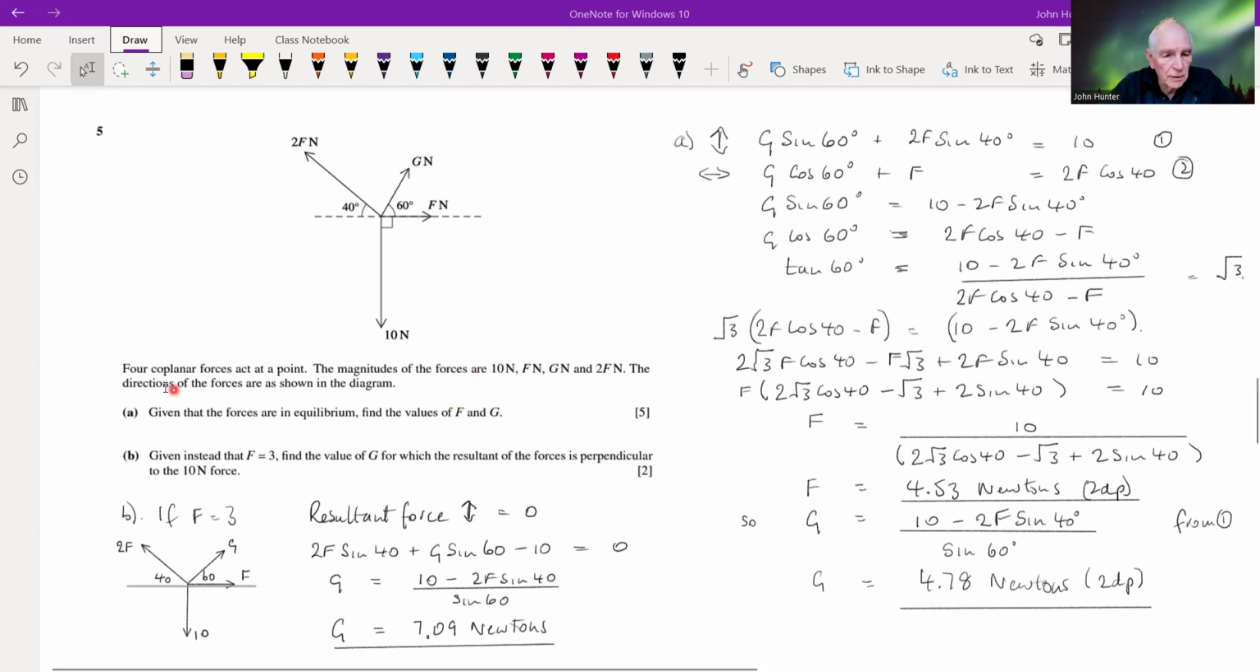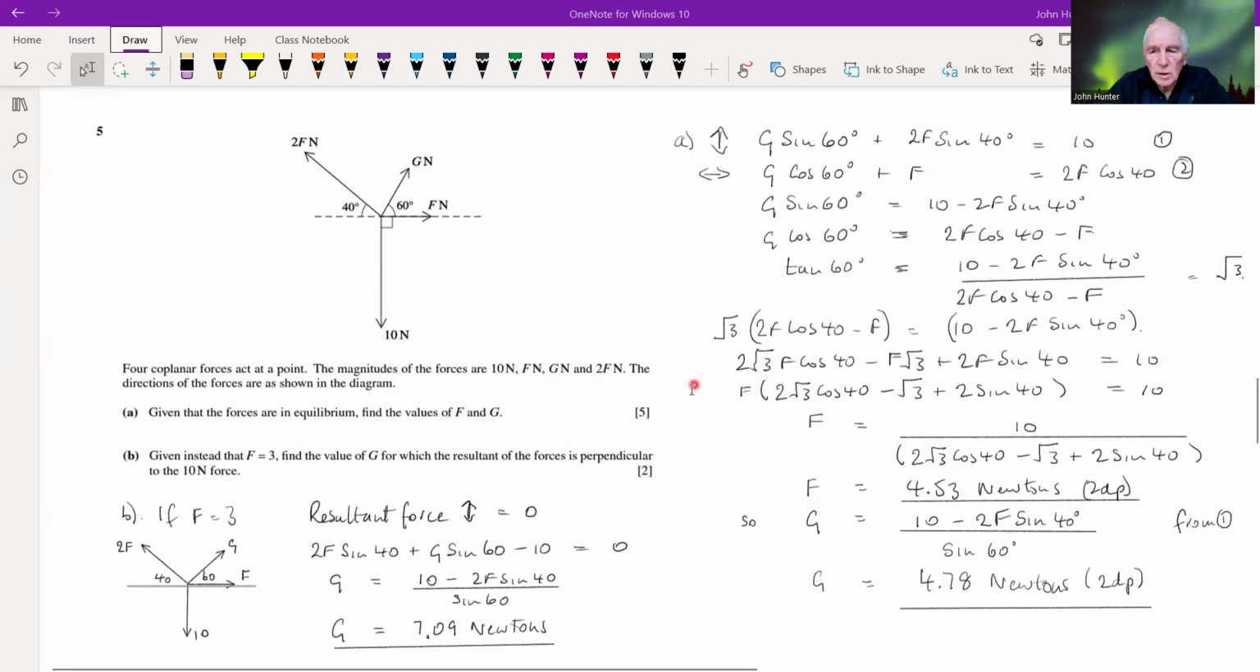So number 5: four coplanar forces act at a point, and the magnitudes of the forces are 10, F, G, and 2F as shown on the diagram with these angles. Given that the forces are in equilibrium, find the values of F and G. Okay, so